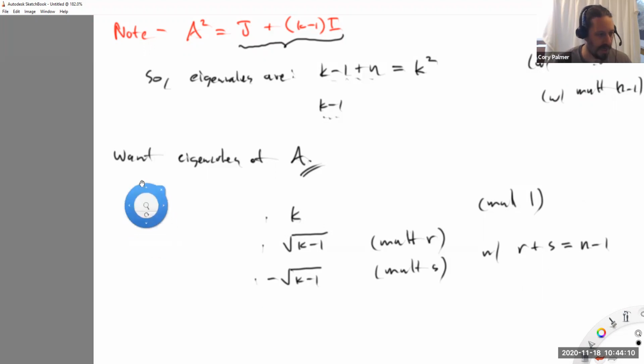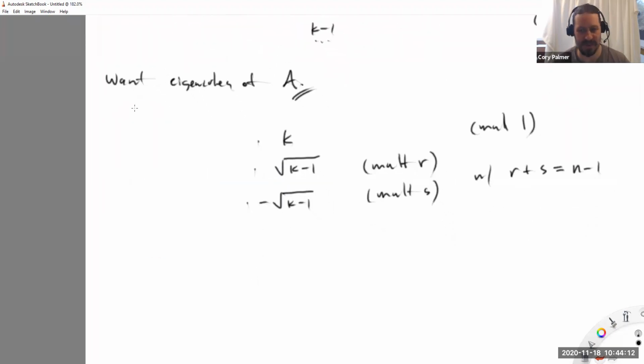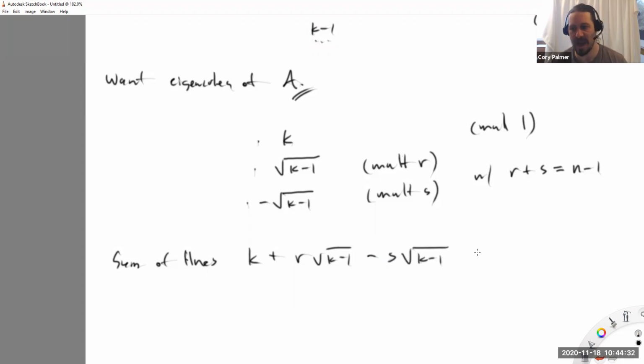Now, anybody remember a property? What happens if I sum the eigenvalues? So if I sum the eigenvalues, I get k plus r times root k minus 1 plus s, let's say, minus s times root k minus 1, right? That's the minus there. If I sum the eigenvalues, anybody remember what happens? This equals the trace